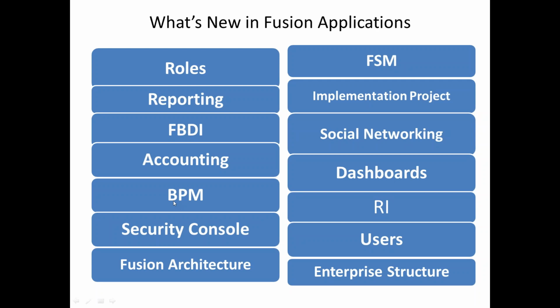And in Fusion applications, you can see BPM. BPM stands for Business Process Management, which you can use for approvals. To set up invoice approvals, journal approvals, requisition approvals, or purchase order related approvals, you can create all the approval rules in BPM. It's a very powerful application which allows a variety of approval conditions to trigger notifications as per the business scenarios.